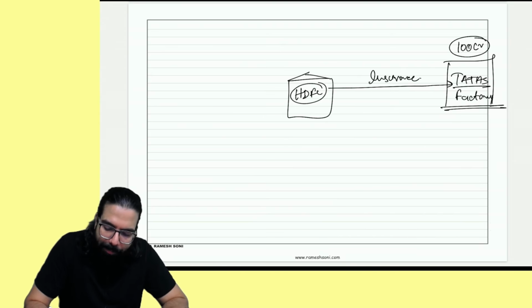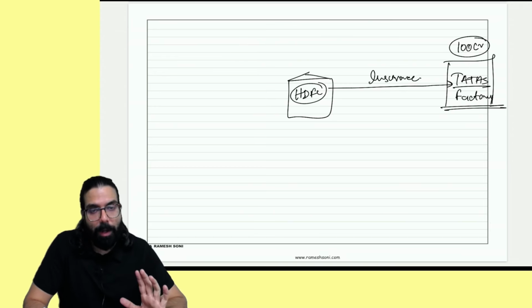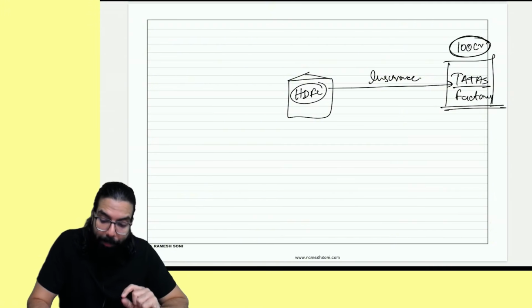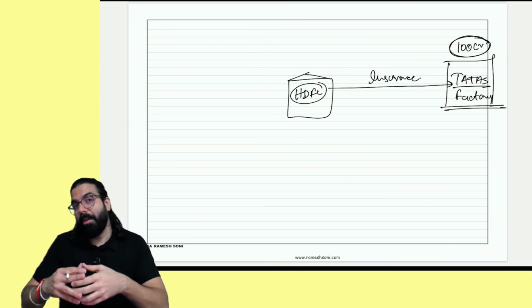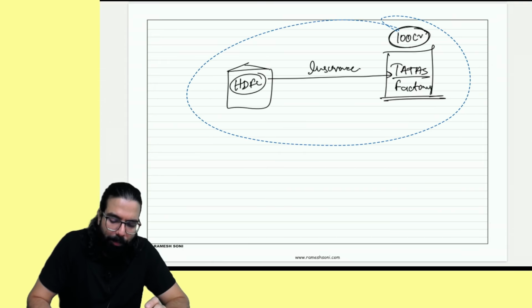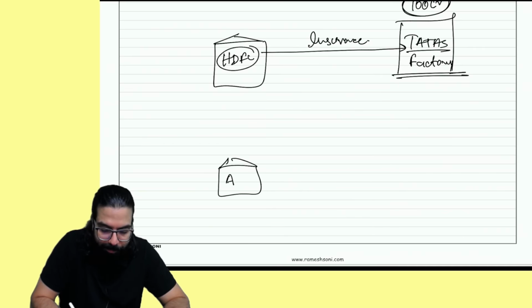Insurance is a service. Yes, sir, insurance is a service. HDFC said, for insuring the factory, 100 crore rupees ka insurance, we will go ahead. But HDFC said, to take so much risk, we don't have the capacity. We will take the help of other insurance companies. Maybe HDFC spoke to Axis Insurance, not bank, Axis Insurance.